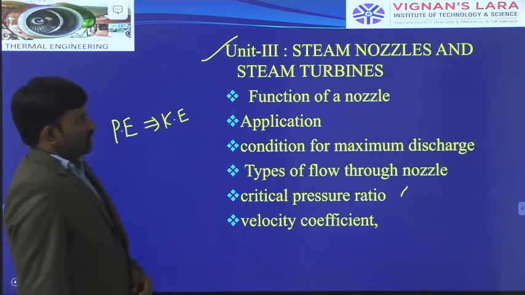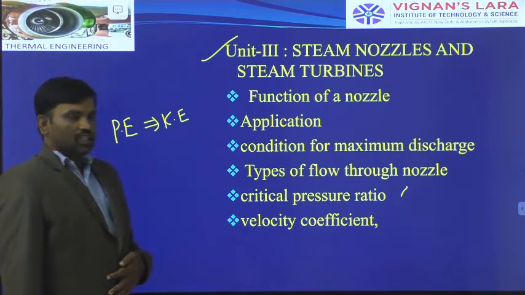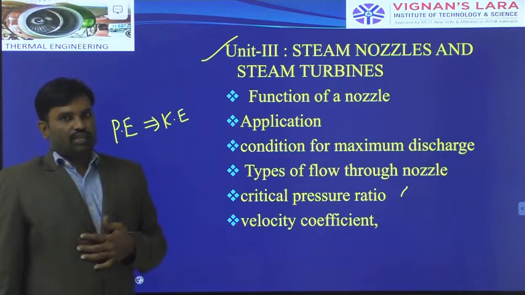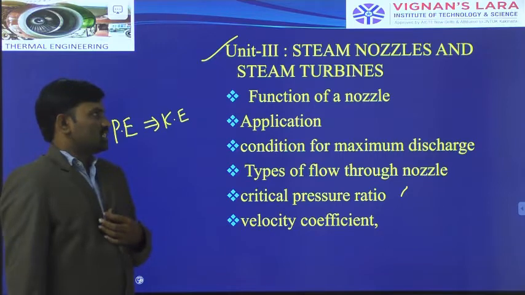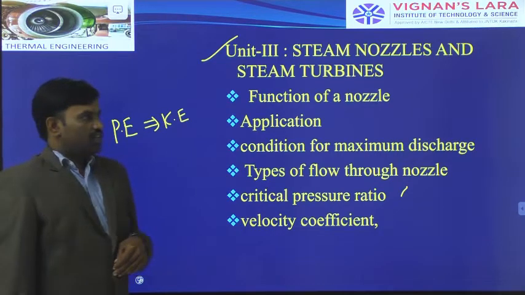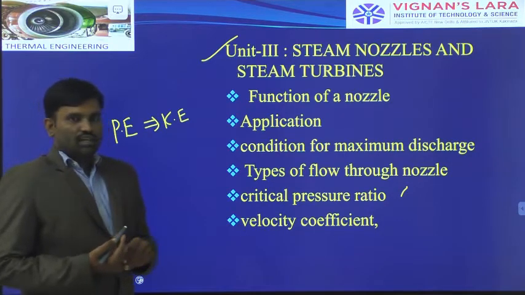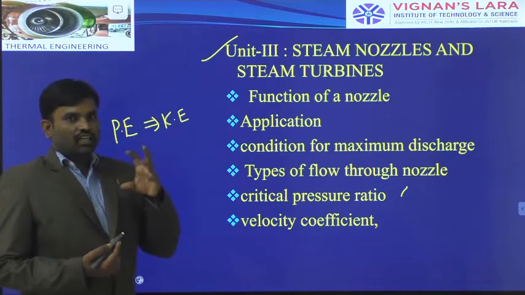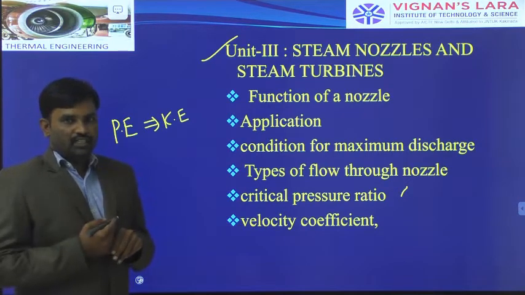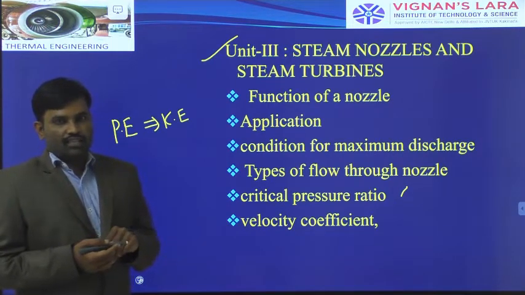After passing through the nozzle, the nozzle injects the high velocity steam towards the steam turbine. Inside the steam turbine casing, we introduce the high velocity steam. High velocity steam strikes the rotating wheel of the turbine. What is meant by a turbine? It is a circular wheel. Over the circumference of the wheel, we arrange a number of blades. We use 2 different types of turbines, impulse turbine and reaction turbine.